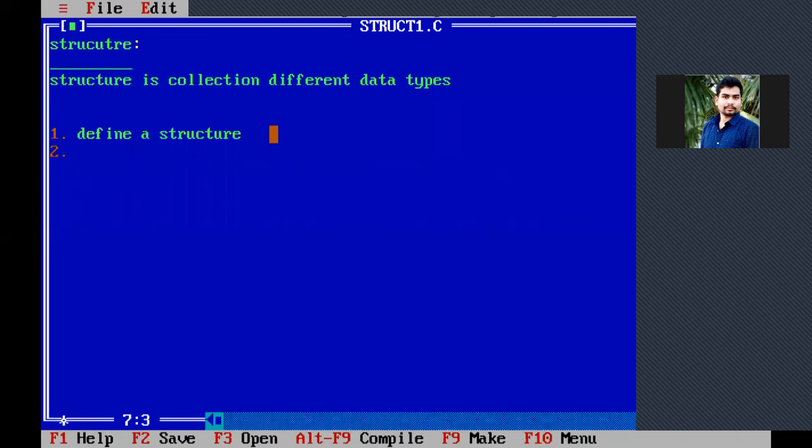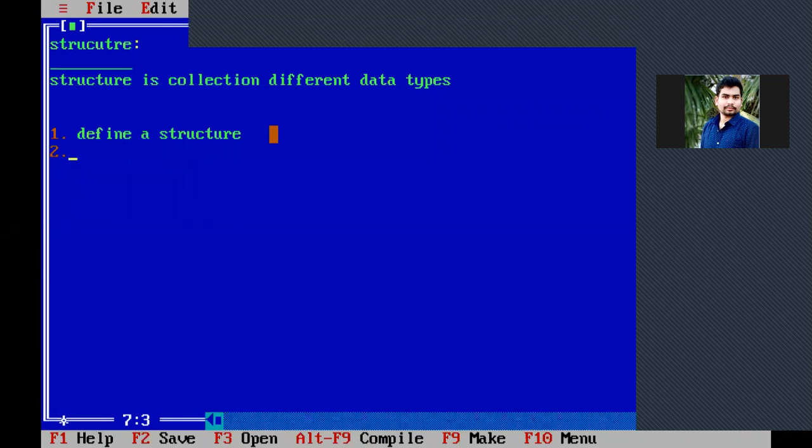This is the important thing regarding the structure you have to remember. What is that important point? When you define a structure, the memory is not allocated for structure. Why to allocate the memory for structure? If you allocate the memory for structure only, then only you can give the values to, for example, you created student structure.